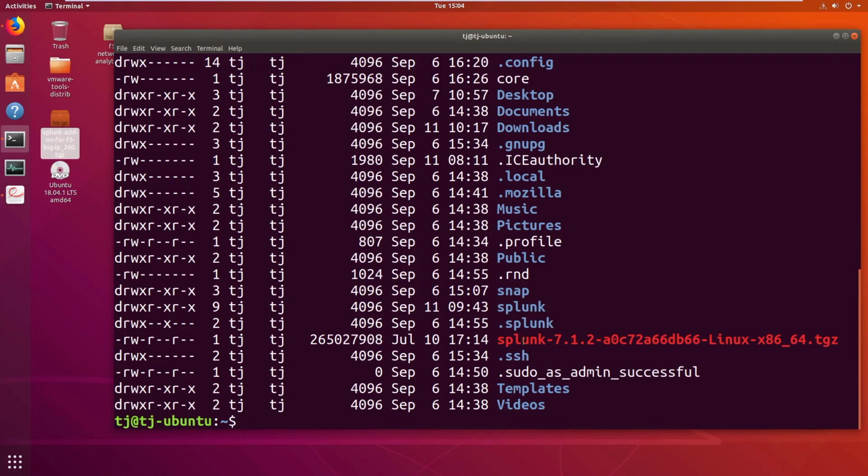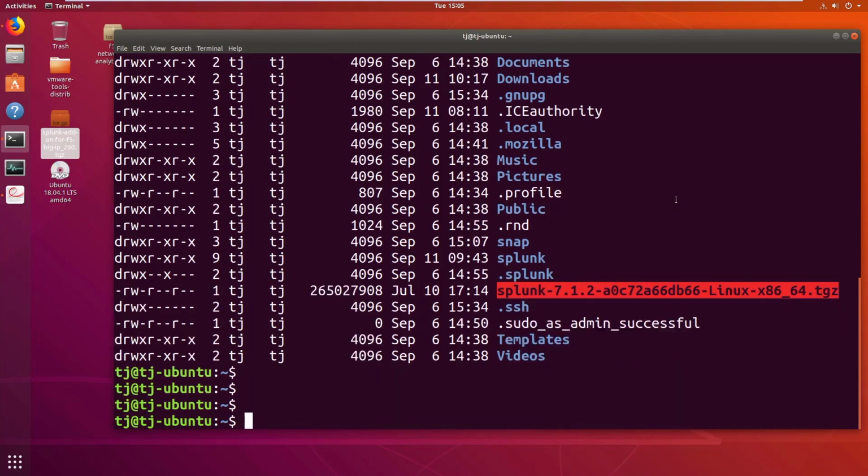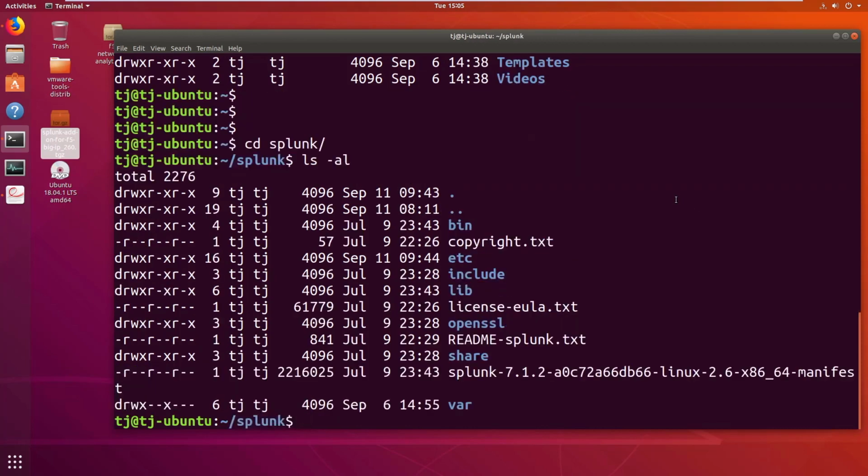Okay, and I've already extracted and installed Splunk, but normally you would extract this and put it in like an /opt directory, as Splunk can be installed in any directory. So you can do a tar xzvf splunk, the long file name, and then to the opt directory. Okay, and since we've extracted that, we can go into the Splunk directory, and we'll go to